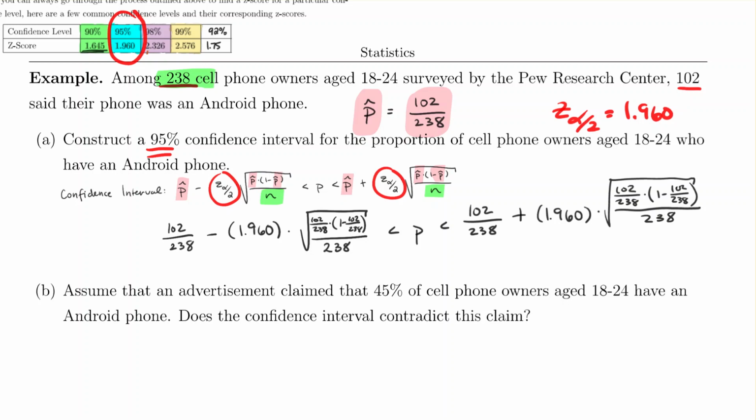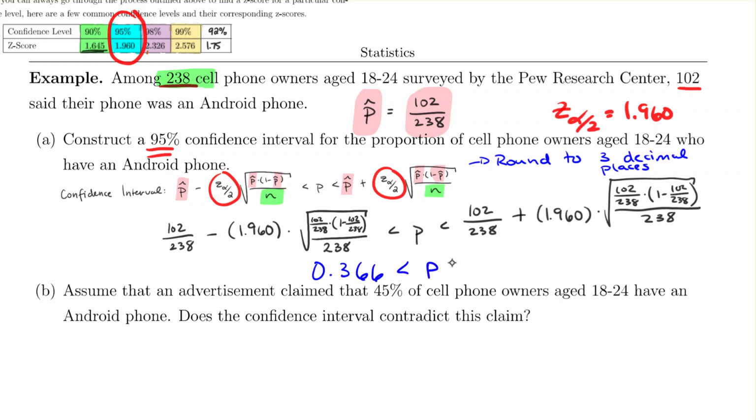And then looking back in this section of notes, we have the reminder that whenever we finish this, we need to round to 3 decimal places for population proportion confidence intervals. So carefully typing this into the calculator. If you haven't done that yet, make sure you pause the video and attempt this on your own. You need to not only know how to write down the formula, you need to be confident you can correctly use your calculator. So typing this in and rounding to 3 decimal places, you get